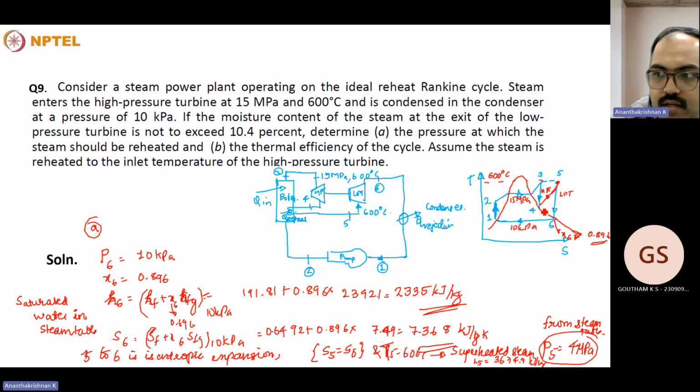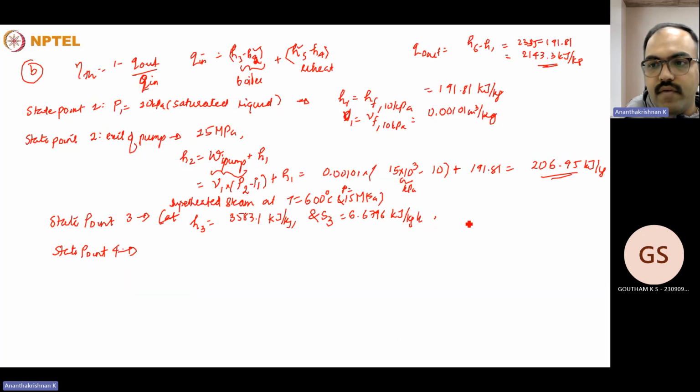We take the pressure of 4 megapascal and calculate the entropy. If state point 4 was at the vapor dome or inside the vapor dome, its entropy would have been lesser than the saturated liquid. And we already know that state point 4's entropy must be equal to state point 3's. So if the state point 4 entropy is greater than the saturated entropy, then we can straight away assume that it will be out of the vapor dome. By that analysis, which I have already done, we can say that